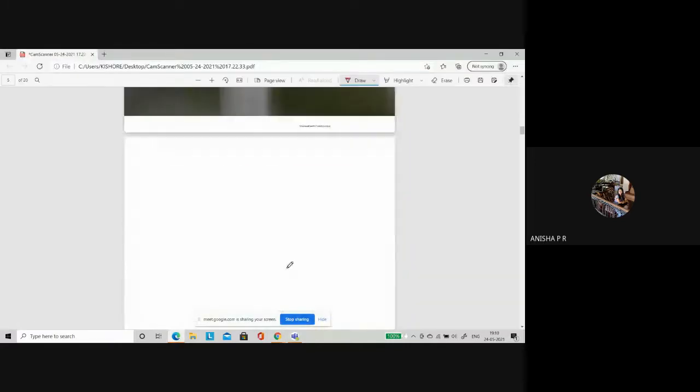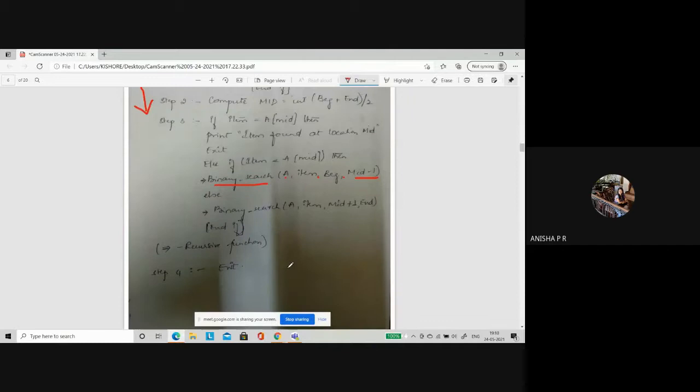Very good. So, what did I represent? If it is less than the middle element, the array should be taken, the item to be searched should be taken, the beginning should be taken till end. In place of end, I am going to take middle minus 1. Else, again call the same function, because if it was on the right side, this all works in the same way only. Again, the array should be taken, the search element should be taken. Rather than starting from begin, you will go from middle plus 1. And end will be considered.